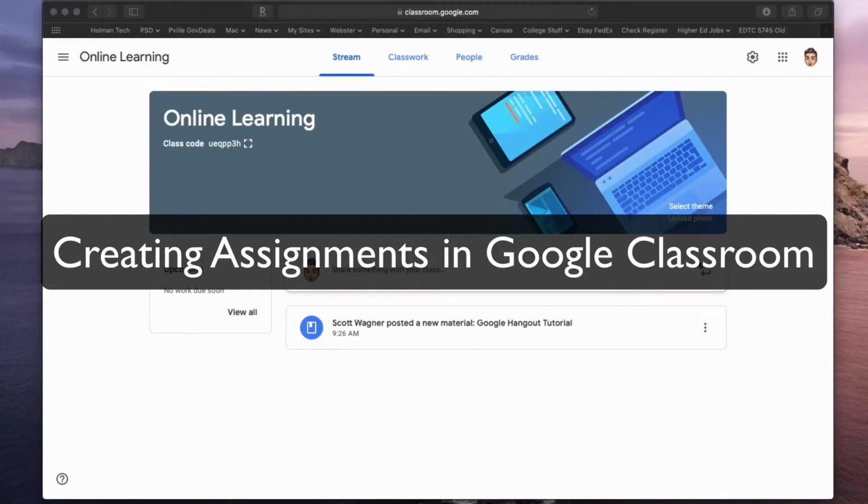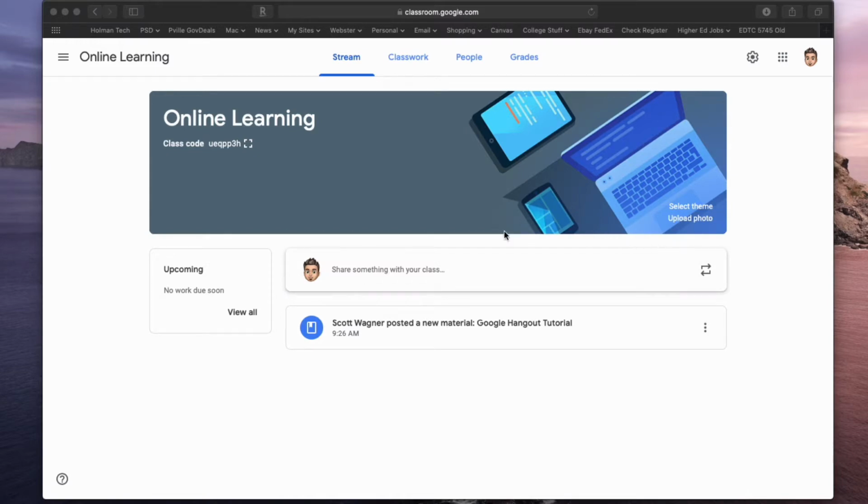One of the most powerful tools in Google Classroom is the ability to create assignments. And so that all happens underneath the Classwork tab. So in Google Classroom, if I go to Classwork,